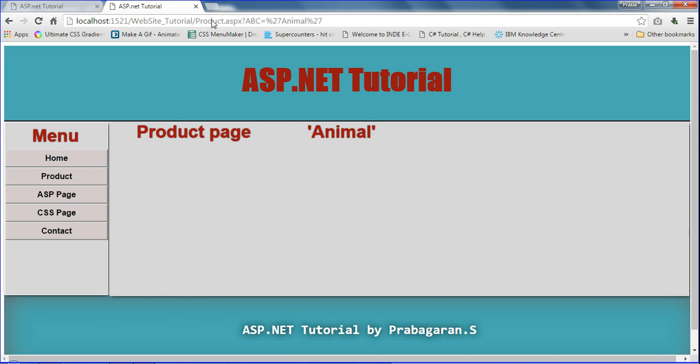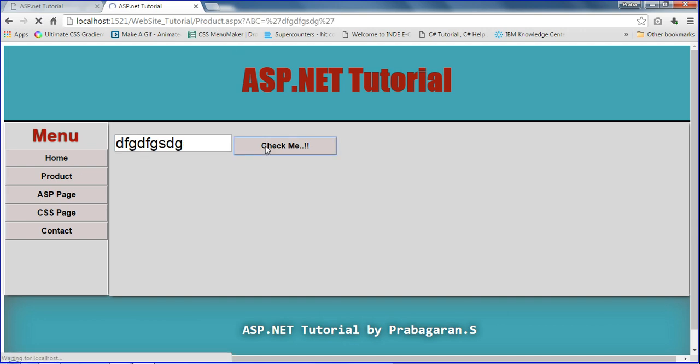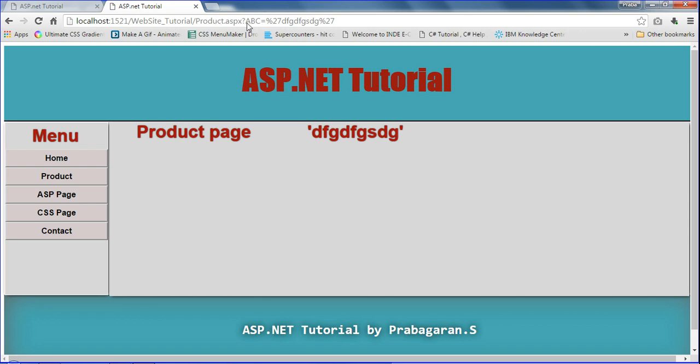See, this is the product page parameter equal to this text box, the text box text animal, so I get the animal text here. And also go to the home page, here I declare any text, not a meaningful text, and from the default page I click check, and the product page, with the ABC parameter, shows that meaningless text here.